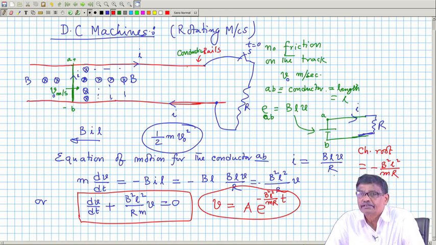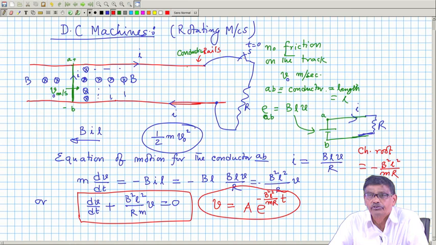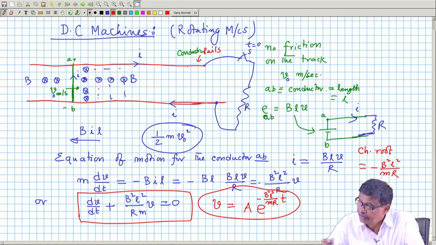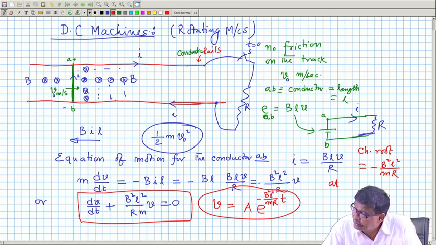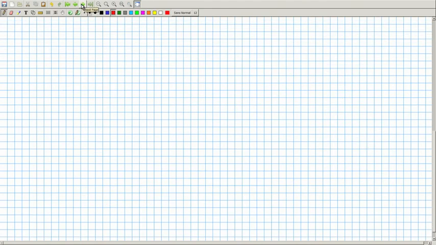See, velocity of a mass cannot change instantaneously. When the switch was opened, its velocity was V0. At t equal to 0 plus, after you have closed the switch, velocity will be still V0 because of its inertia. Therefore, at t equal to 0 plus, V is equal to V0 only. So, this gives you A is equal to V0. What is V0? The velocity of the conductor when S was open. Therefore, finally, what I get is this,